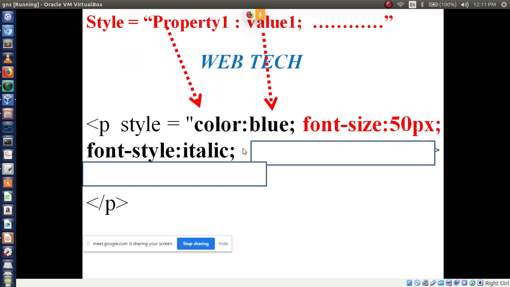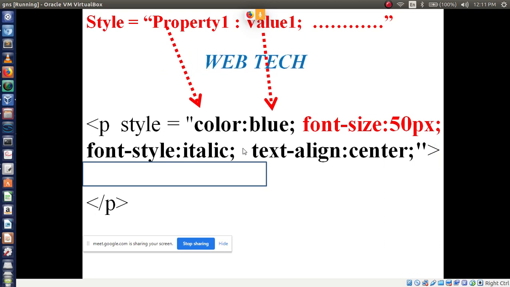Now the next one I am going to use is to display this in the center. For that I can use alignment. How do we use this alignment? Text align is a property. To apply these styles you can write in your notebook one by one, because creativity is different for everyone, right?